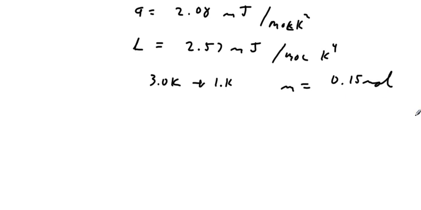First thing we'll look at is change in Q is number of moles C sub V dT. All right, so we got that guy, and we know that the entropy